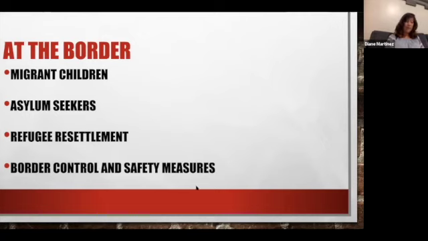Refugee resettlement, there is also an executive action on that. Refugees are people outside of the United States who are unable to return to their countries, also because of the same reasons as the asylum seeker, because of one of the 5 reasons that we gave. In 2020, only 11,814 refugees were resettled in the United States.